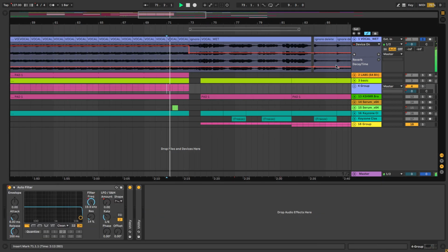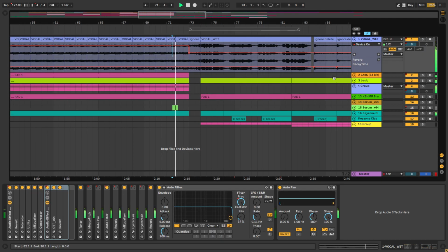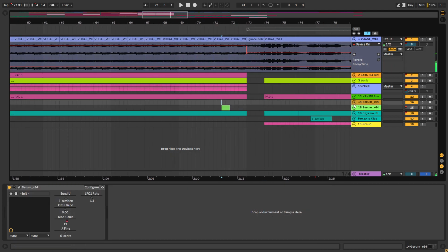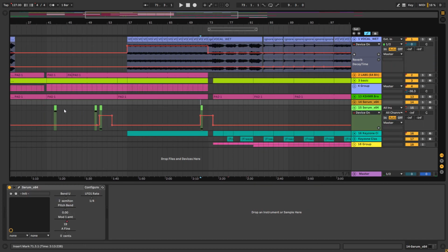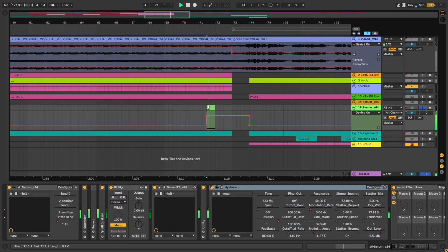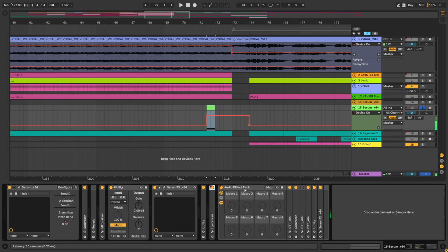And then at the end here, that's the transition into the side trance drop. So here I have this space from before, except for... so I let it play here, and what I basically did here,